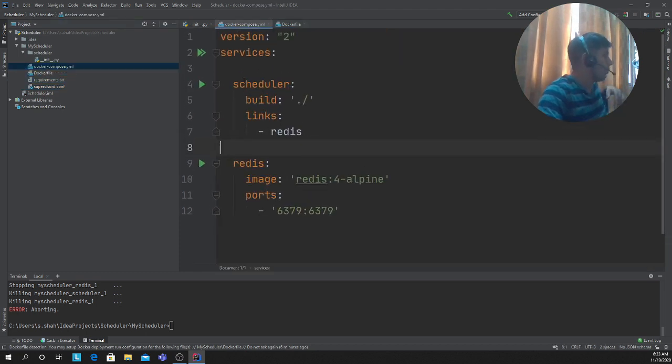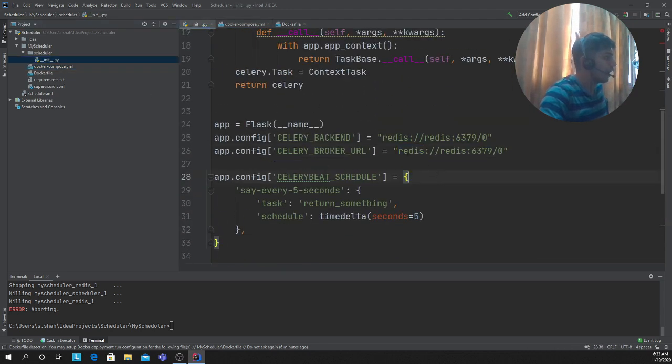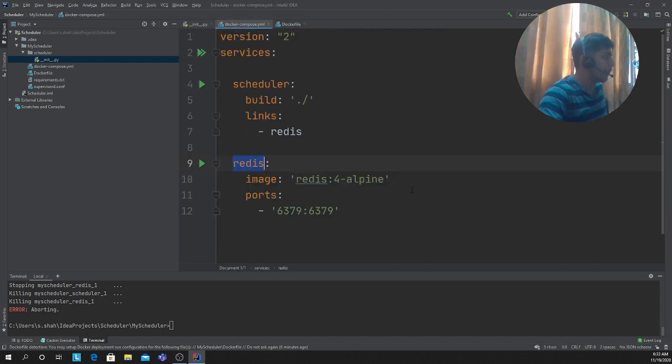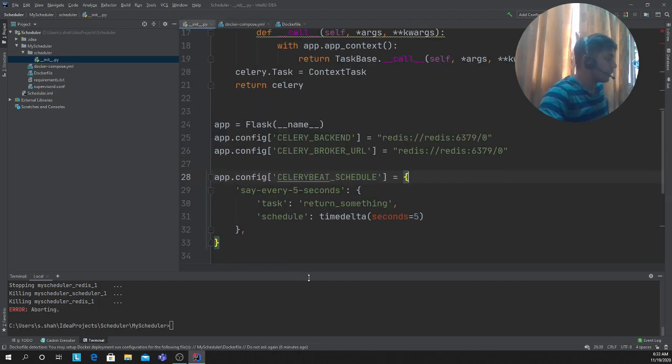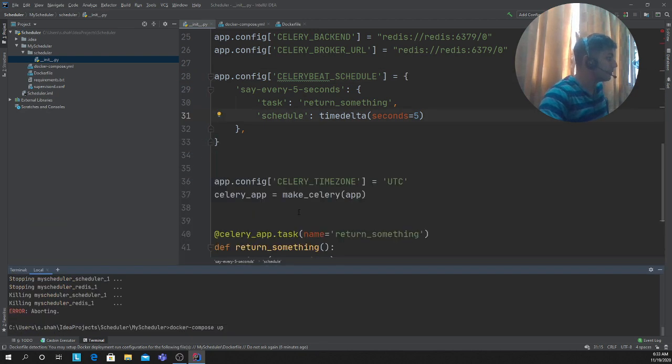It's pretty easy. In the compose file we are naming it scheduler, building everything in the current work directory, and linking Redis because we're using Redis as cache, exposing port 6379 there. The name of the container is redis, so that's why when you define the host, it's going to be redis. Don't write localhost, otherwise it's not going to work, because localhost means inside the container. It does not know. If you want to use Redis, you have to type the name of the container. That's what I did there. Everything works fine. It works great with Celery. docker compose up should be fine, right?